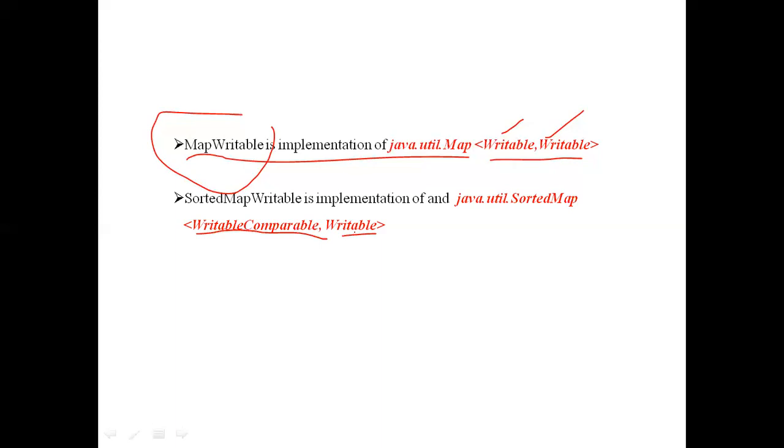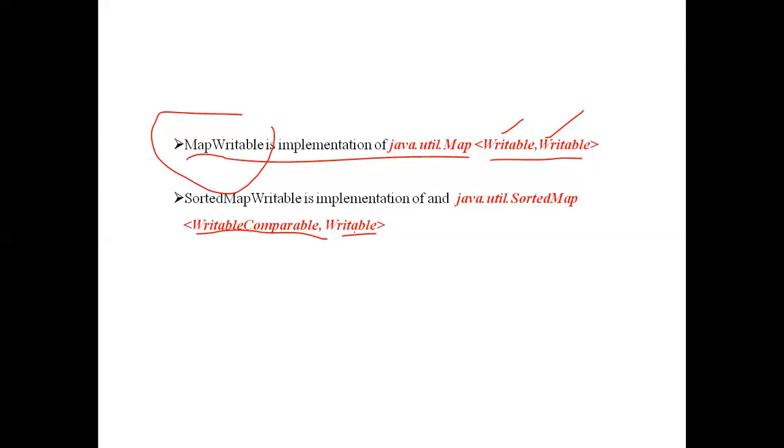I think you have remembered the Writable interface and WritableComparable, the difference between those two. The Writable interface is used for implementing serialization and deserialization. When we come to WritableComparable, it will do the same work, serialization and deserialization. Along with those two, it will do one more work, which is comparison of objects. The compareTo method is also available in this WritableComparable. That method is inherited from the Java Comparable. Okay, Java Comparator. We are getting that one. I will show you again in this class only. Briefly, we will review those two things also.